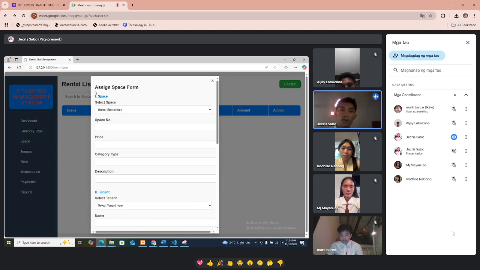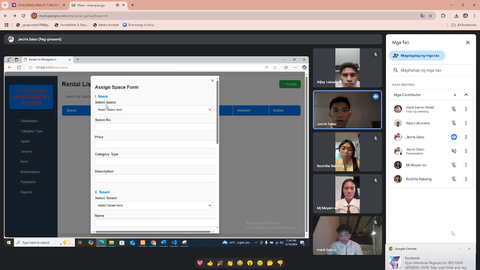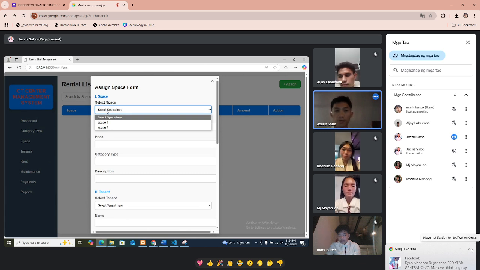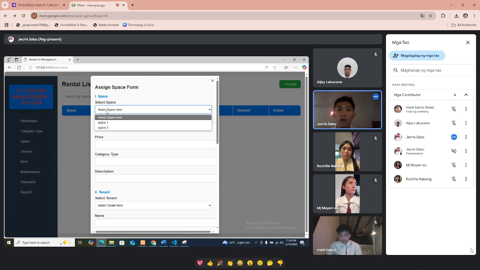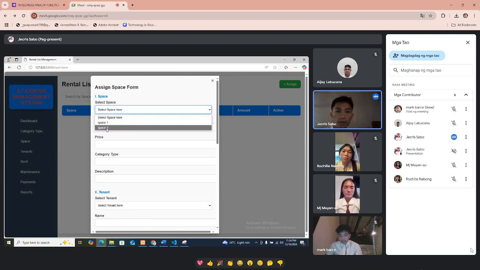So if you can see the space here, if we select here, space, the dropdown will appear. In the category type, in the space created, we can see the space number.